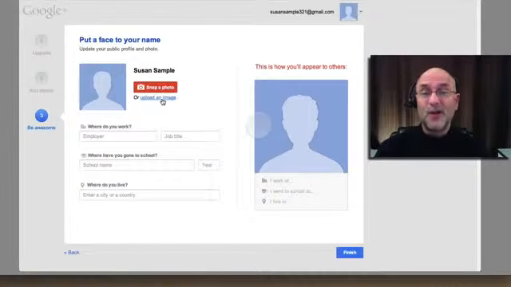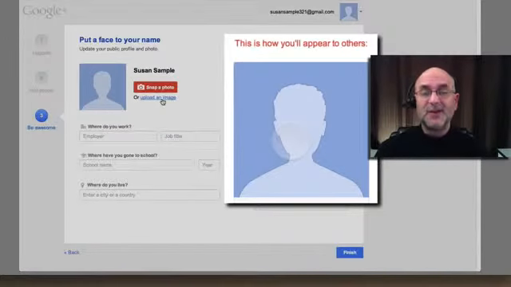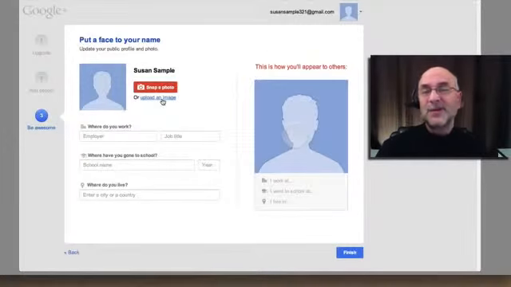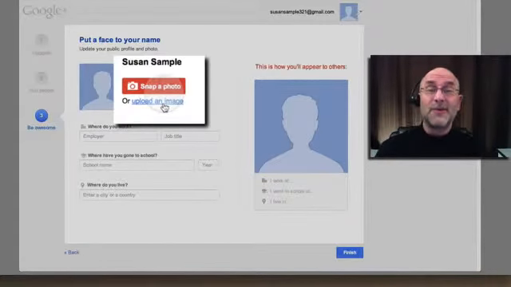And now we're to the point where we need to do something about our picture. See this big blue head thing here? That's what they're called, blue heads. When someone's a blue head inside a social environment like Google+, that means they're new or they don't know what they're doing. So it's a good idea to change that out. So let's do that. We can click on the red button that says snap a photo if we wanted to take a picture right from our webcam, or